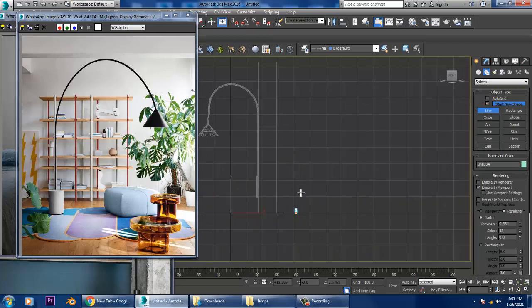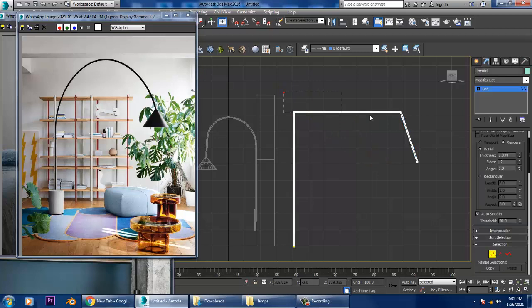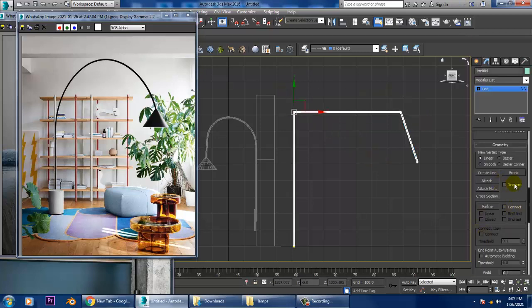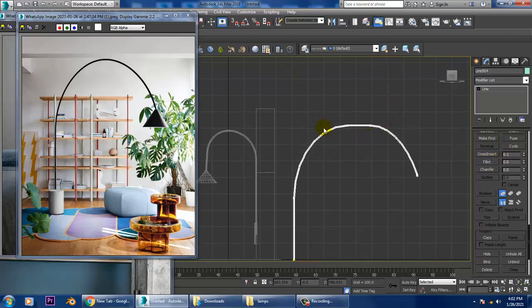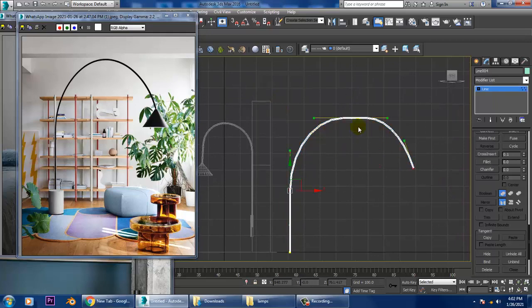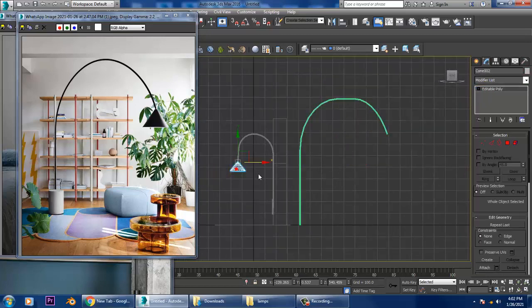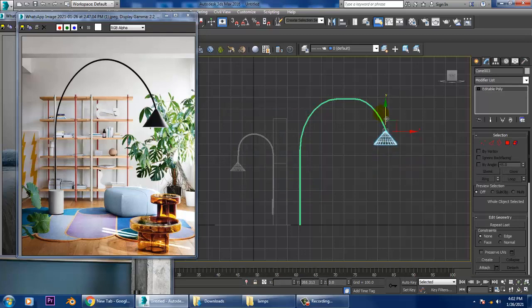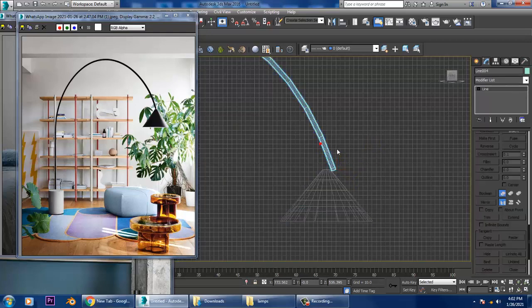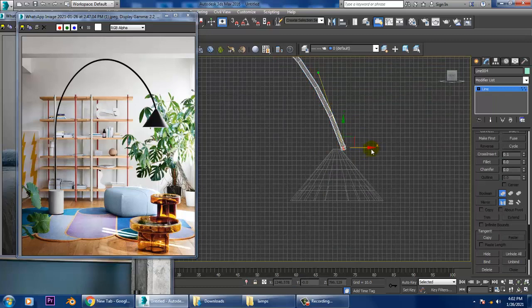along this, you can slightly go into the vertices. This can be helpful for beginners also. Beginners can also utilize this method. Slightly push it up. Let's take this reference, a copy. You can go into this, and if you want to adjust it down, you can definitely adjust it down.